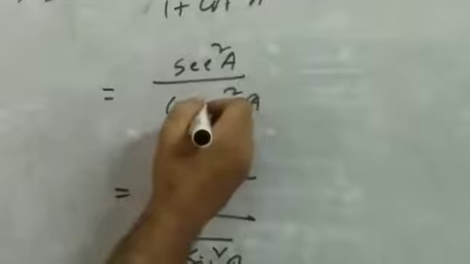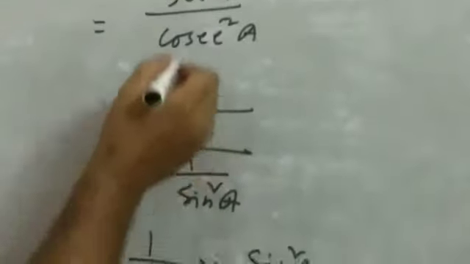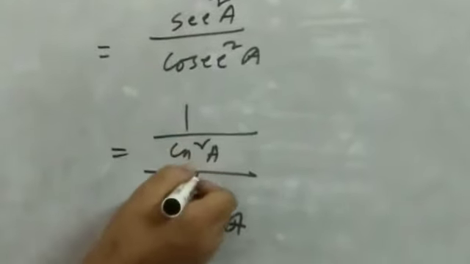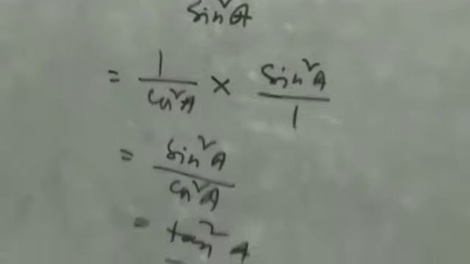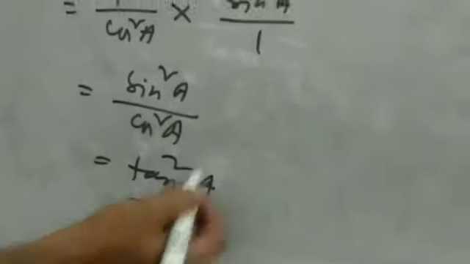So easy math. But if you know this identity, then it becomes easy. Here also we have used that opposite ratios are reciprocal. So we have simplified. We got that tan square. So right hand side it is proved. Is that clear? So number 10 is finished. Second part you will try.